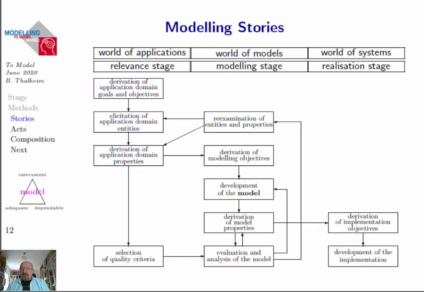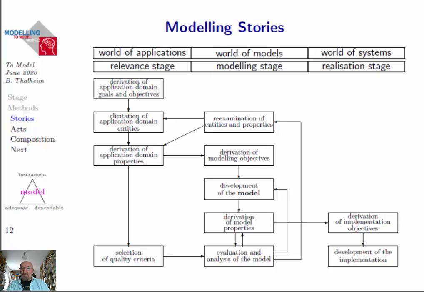If we go now for a design science setting, we have a relevance stage, we have a modeling stage, we have later maybe a rigor stage, we have additionally a realization stage. Then we consider first of all the world of applications, next the world of our models, and finally the result